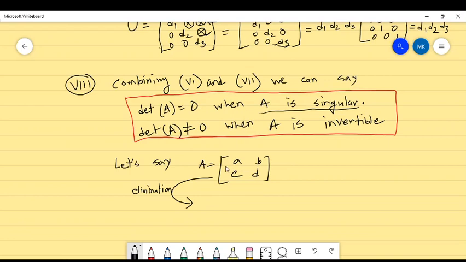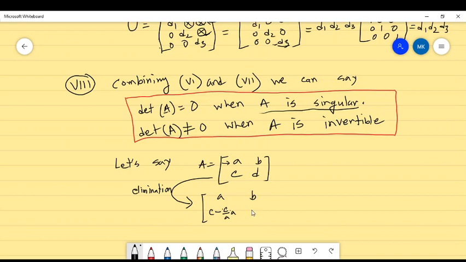We multiply the first row by c by a, and then subtract it from the second row, right? So let's do it: c minus c by a into a,